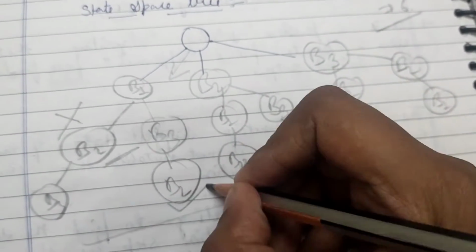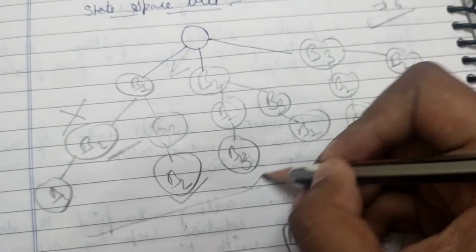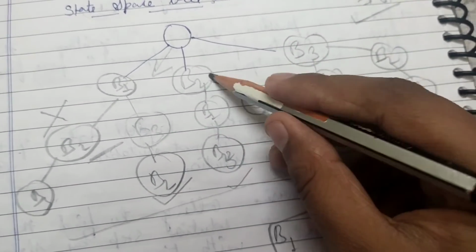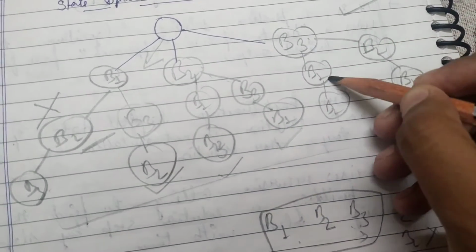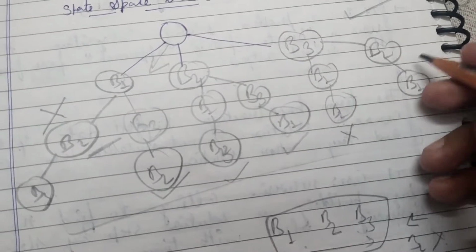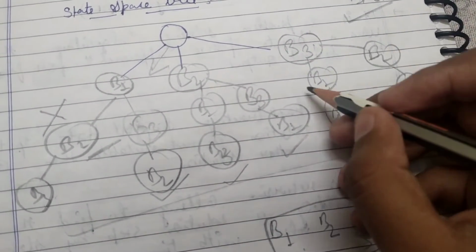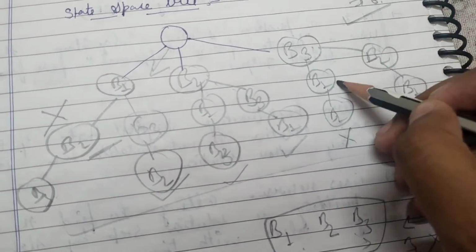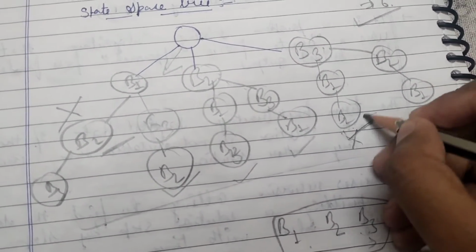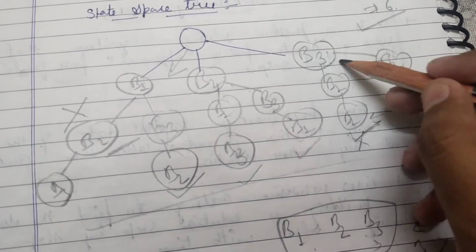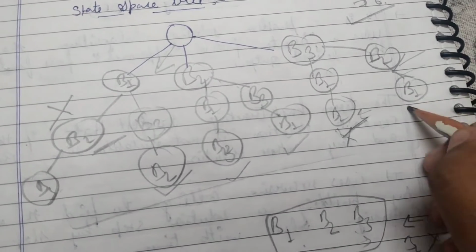B2 at last, it can be an answer. B2, B1, B3, B2 at first, it can be an answer. It can be an answer because we have already taken B2 in the first position. Okay. Now B3, B1, B2. It can be an answer because B2 is at the last position. And here B3, B2 and B1, B2 is at the middle position, so we can't take it as an answer.